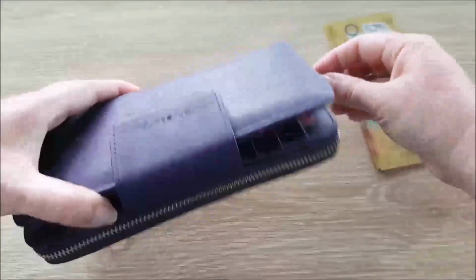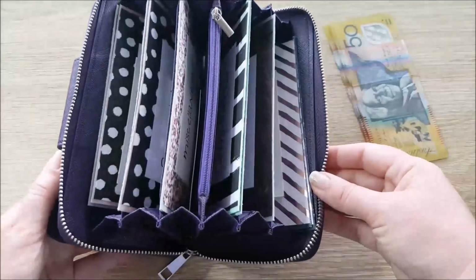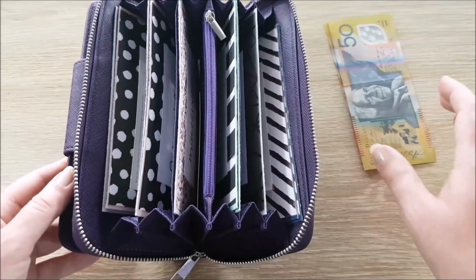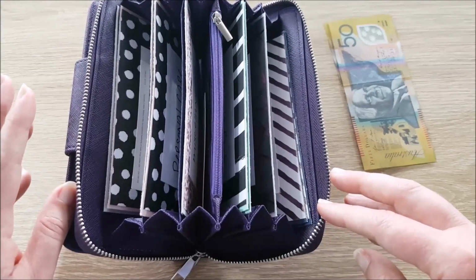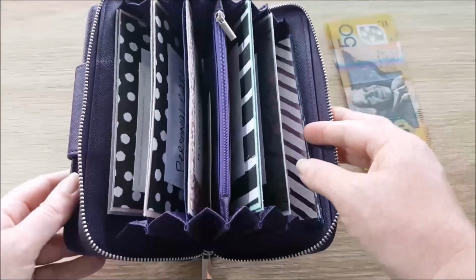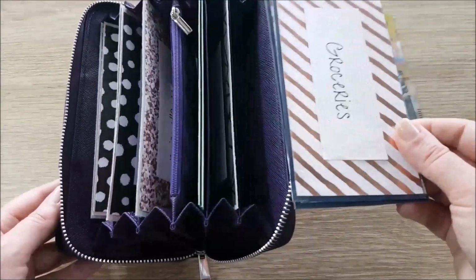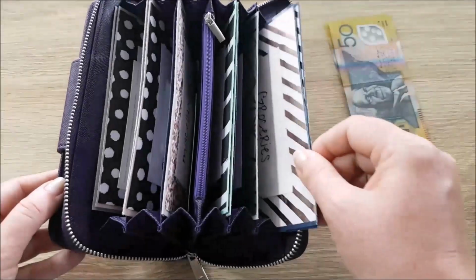Now, this month, our cash envelopes are actually quite light. I'm not going to be doing a lot of cash, primarily because I really want to focus on those savings goals, and we need to get through Christmas, New Year's and those birthdays. So I have decided to continue at this point to use my cash envelopes themselves in this cash wallet, because